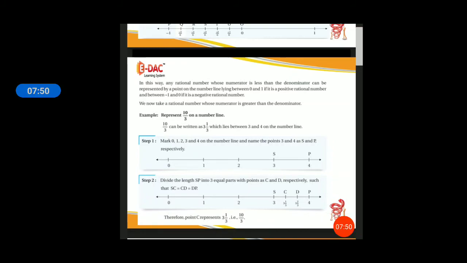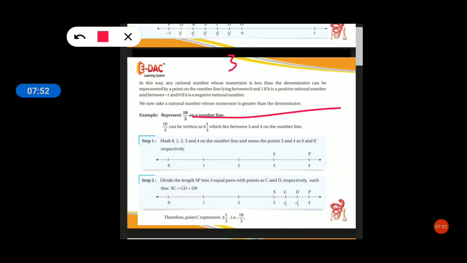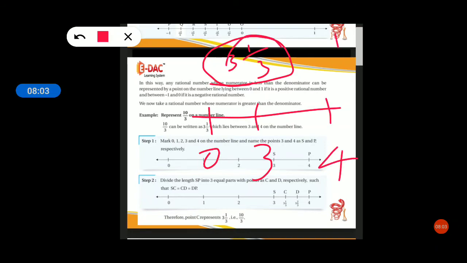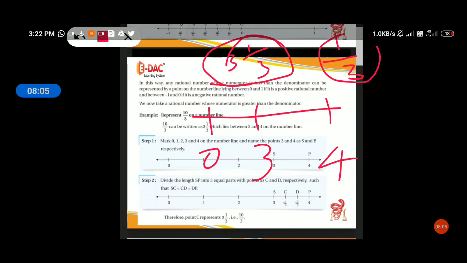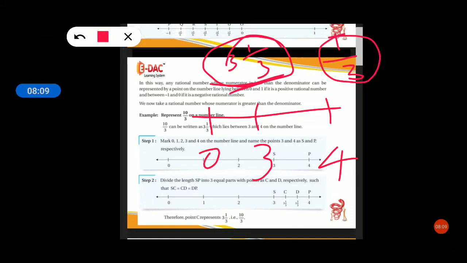See the whole number, and after that whole number, what do we have? Here we have 3 1 by 3. It is positive. This number lies between 3 and, what is the next number after this whole number? 4. Understood students? If we only had a fraction, it would lie between 0 and 1 itself. Since we have a whole number, check the whole number and the next number, and it will lie between them only.